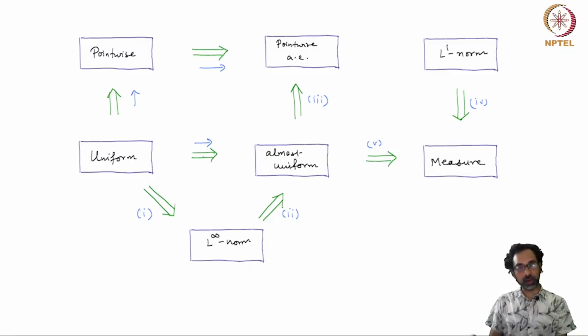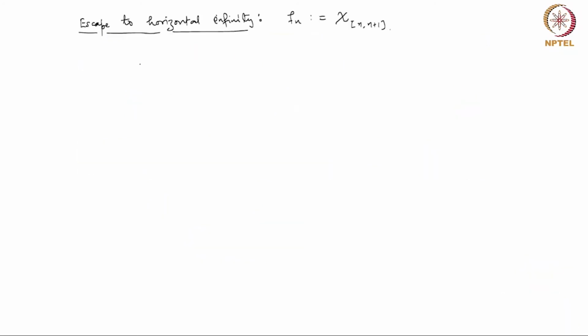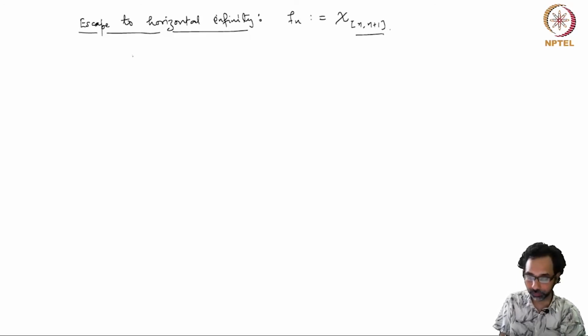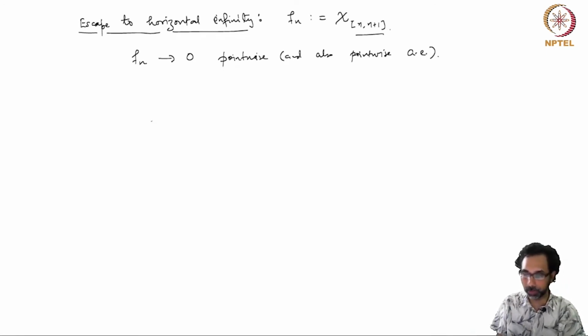Now we will go back to our escapes to infinity and see that we are not able to invert most of these implications. So let's see the escape to horizontal infinity example that we had. So this was the sequence of indicator functions for the interval [n, n+1], and we showed that fn converges to 0 pointwise and also pointwise almost everywhere, but